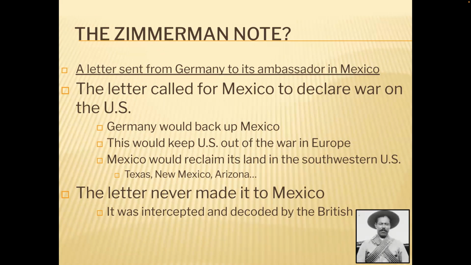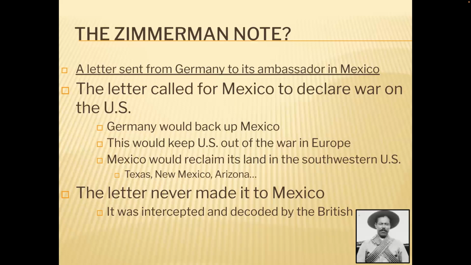All right, good job. So this was the final straw here. Two years after Lusitania was sunk, they thought, well, we need to do something here, and eventually this came to a head. The Zimmerman telegram was sent by Germany to Mexico to try to push Mexico into fighting the United States, to try to keep them preoccupied in the Western Hemisphere. This was the final straw.